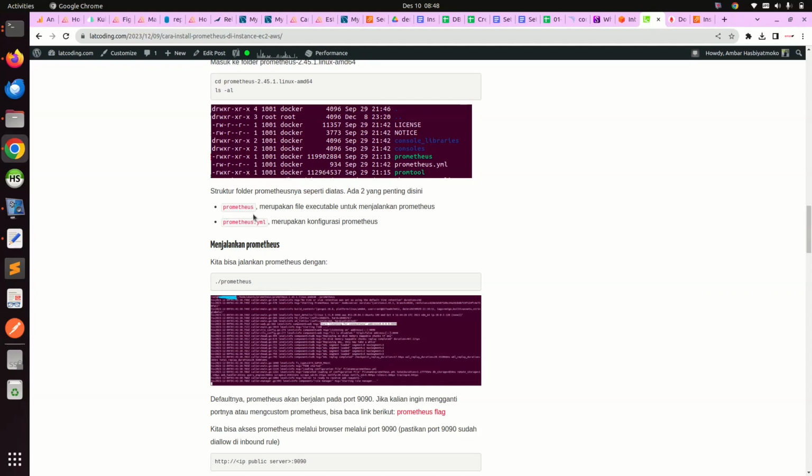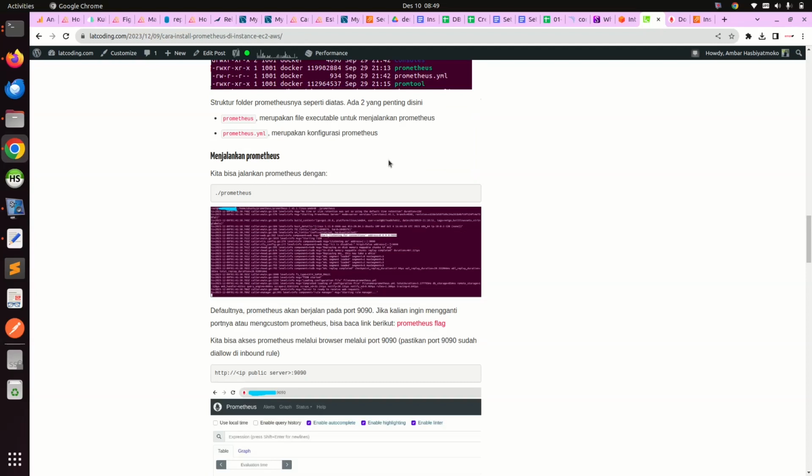There are some important files. The first one is Prometheus. This one is the executable file to run the Prometheus software, and the second one is prometheus.yml, that's the Prometheus configuration. How to run Prometheus?